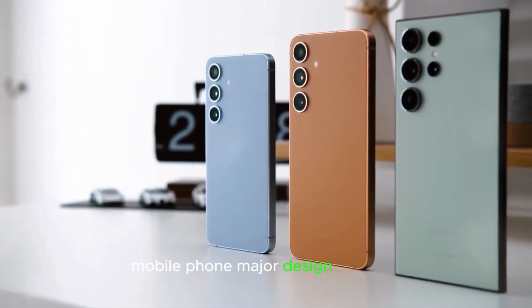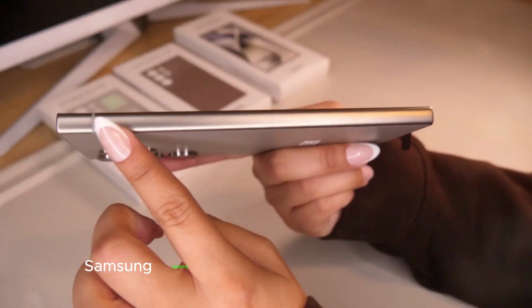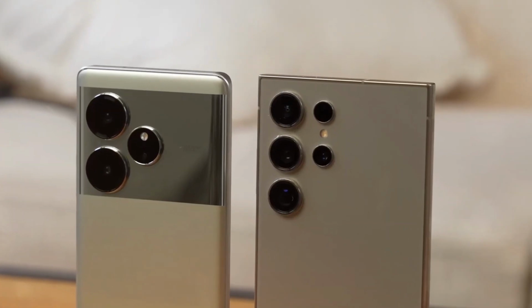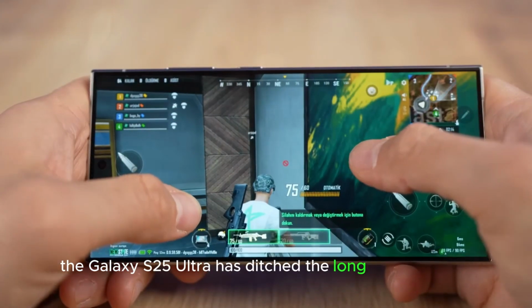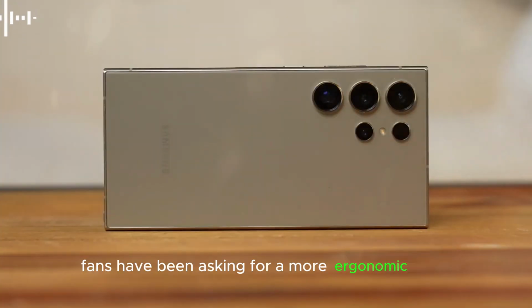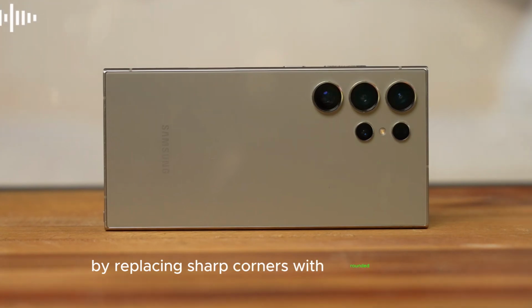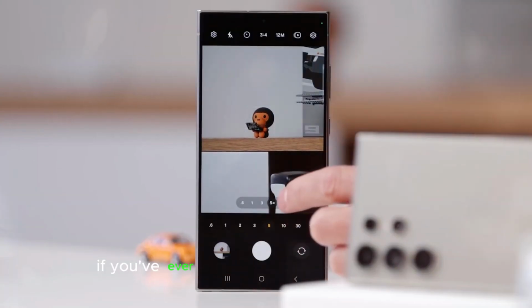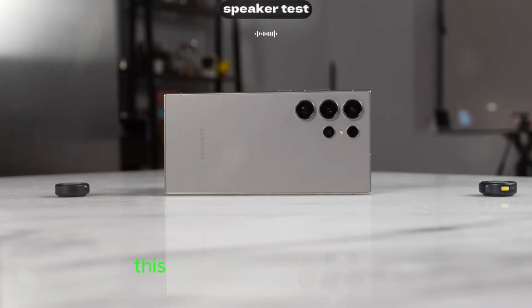Major design overhaul for the Galaxy S25 Ultra. Samsung seems to be shaking things up this time. According to leaks, the Galaxy S25 Ultra has ditched the long-standing Note-style design. Fans have been asking for a more ergonomic build, and Samsung appears to have delivered by replacing sharp corners with rounded edges. If you've ever found the corners of the Galaxy S24 Ultra a bit uncomfortable, this update will be